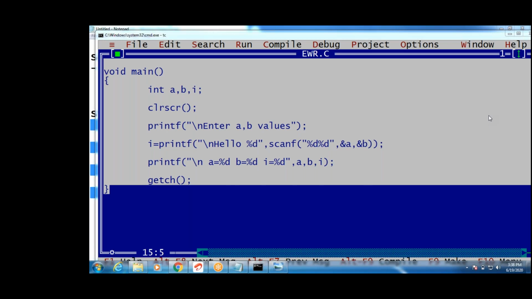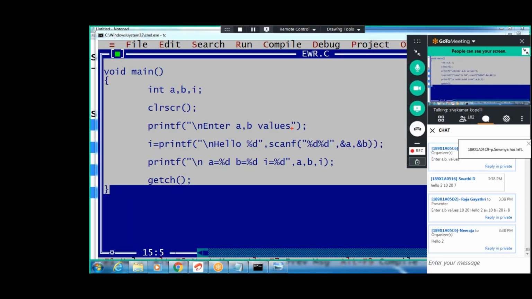Yeah, very good, Rajat. Guys, first which one will be executed? Scanf will be executed, yes or no? Then the next is printf. What does scanf do? It reads the values. First value is stored in A, second value in B. I entered 10 and 20, so 10 is stored in A, 20 in B. Now hello will be executed.